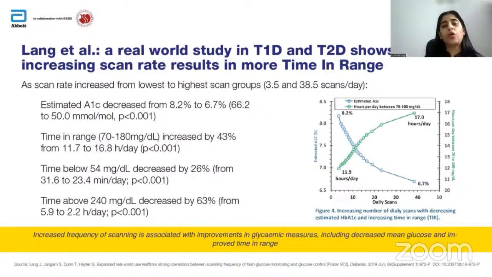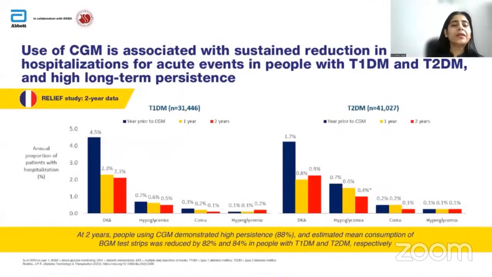So that is why we always say that once you have a patient on CGM, the best utility of the CGM is if your patient is able to scan frequently and accordingly make modifications to his current management strategy, his diet, his lifestyle, etc. Now, this is 2-year data from the RELIEF study,